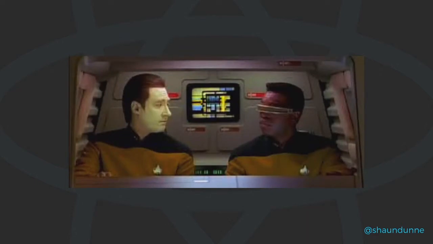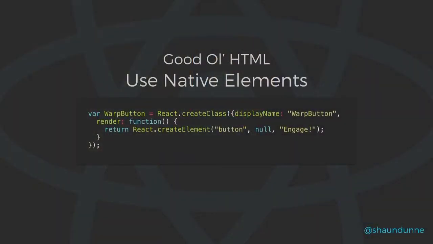The good news is React and accessibility, they're like totally best friends. We just need to make sure that we're doing some things that make sure the friendship stays that way. Good old HTML. Using semantic HTML gives us a lot for free. Using a button when it should be a button, using a link when it should be a link. When those elements are rendered to the accessibility tree, you get a lot of things for free. Assistive technology knows how to deal with those things.